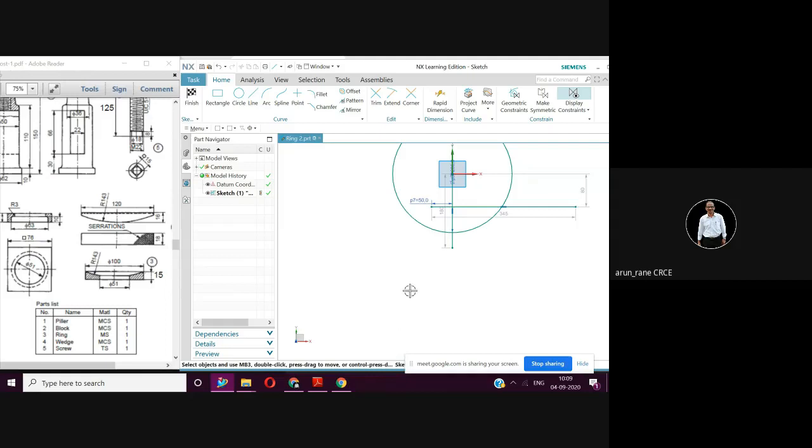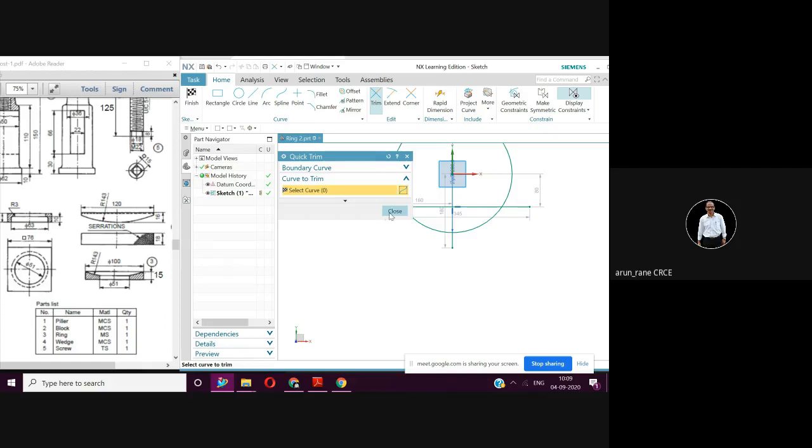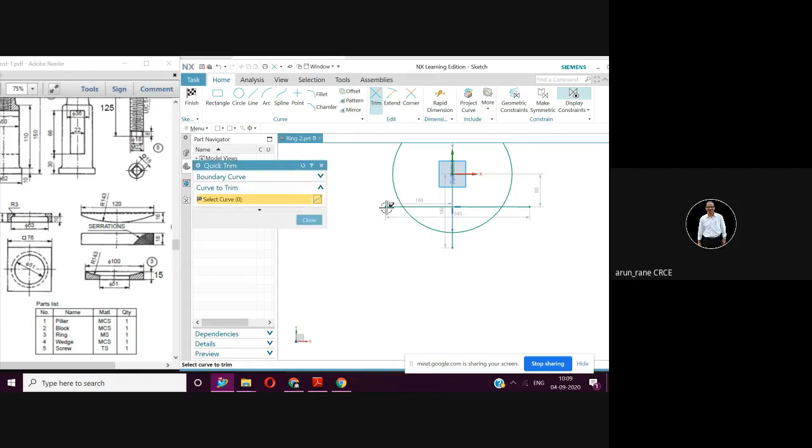But before that, I will have to trim because the 50 dimension is from this point to this point. So I'll trim this, and I'll trim this also. So now I can make this 50.